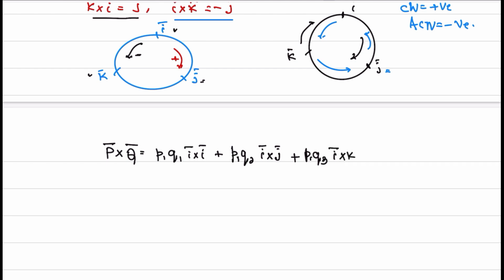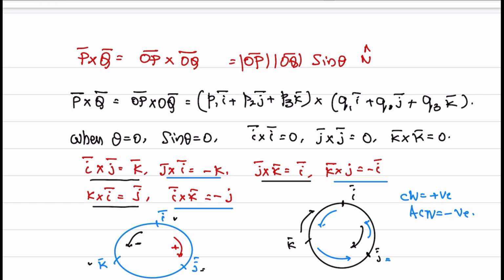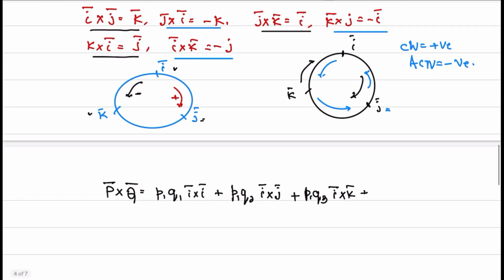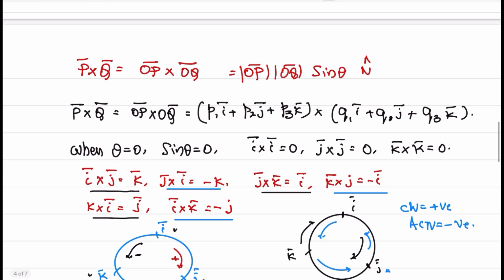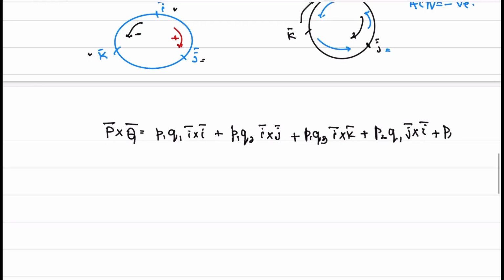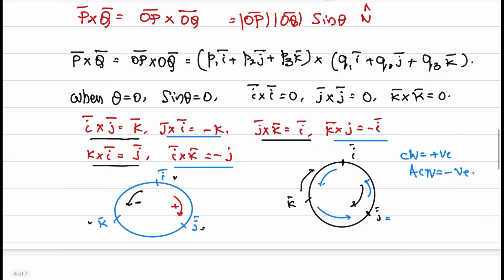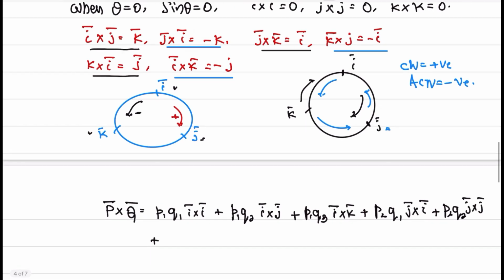I cross K plus P2, Q1 into J cross I plus P2 Q1 into J cross I plus P2 Q2 into J cross J plus P2 Q3 into J cross K,